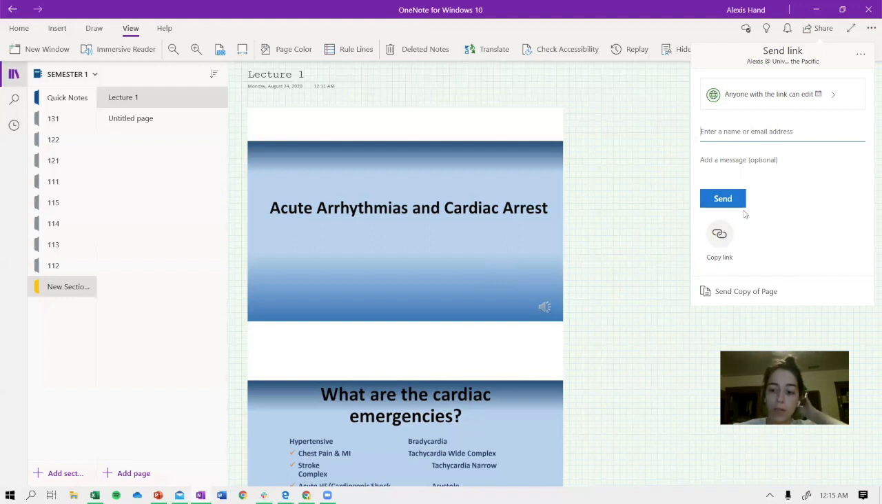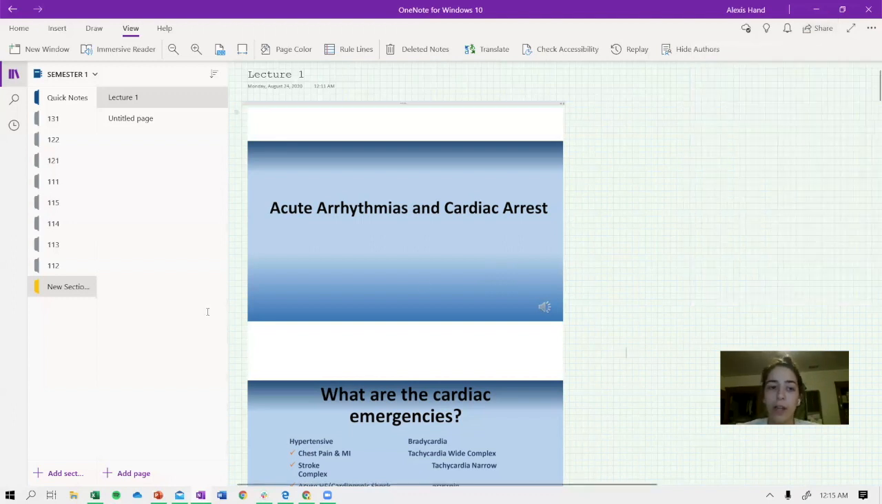Sometimes it's easier to open up OneNote on Google and share it that way, because sometimes it just doesn't work if you share it through the actual OneNote like this. Another thing that you can do is if